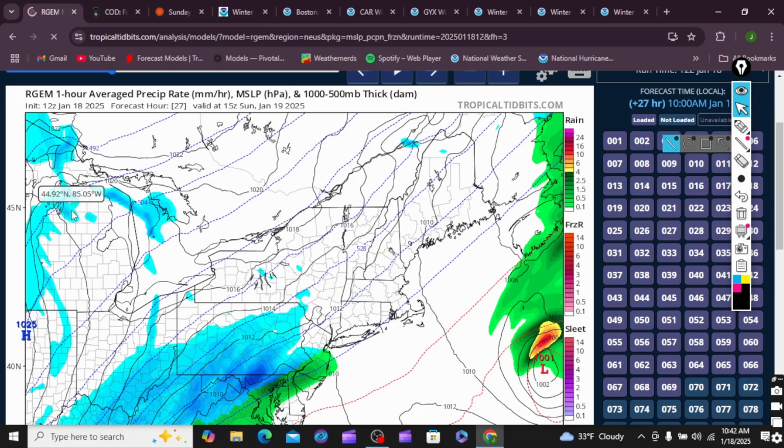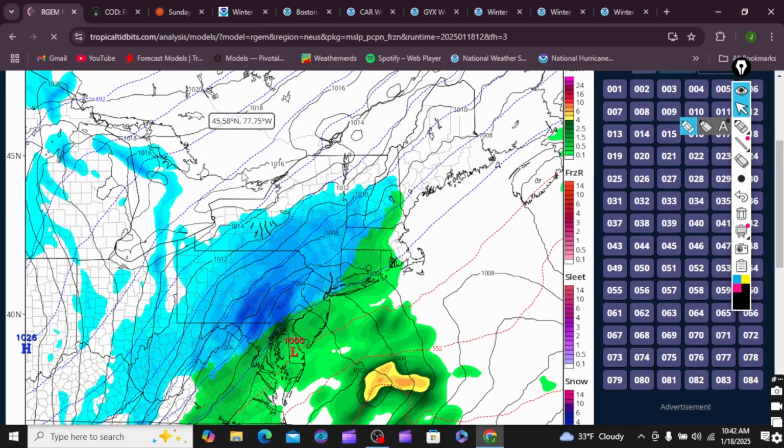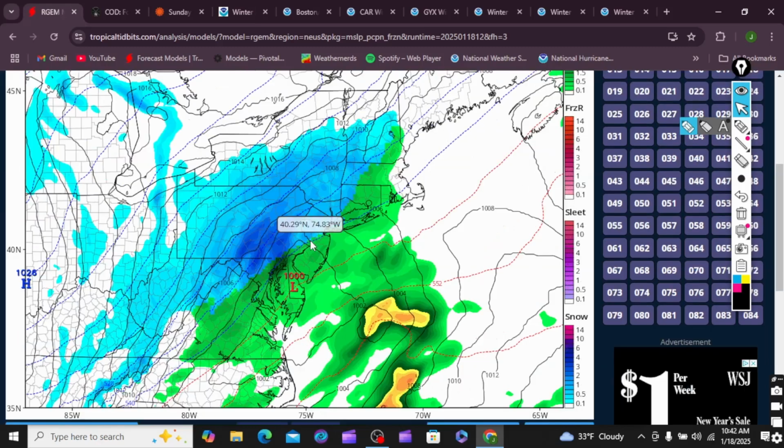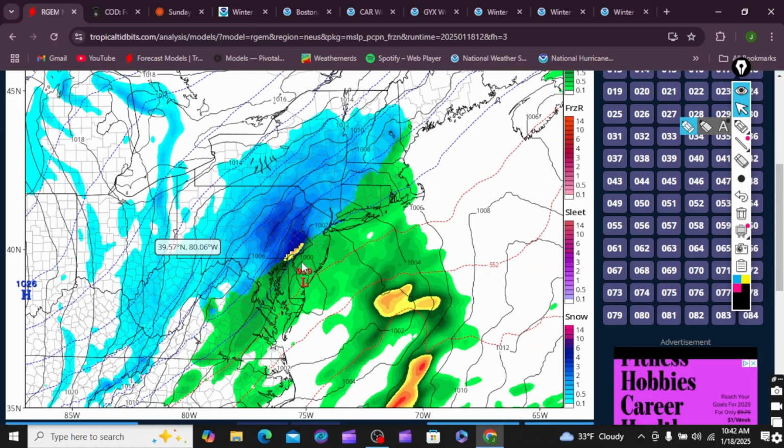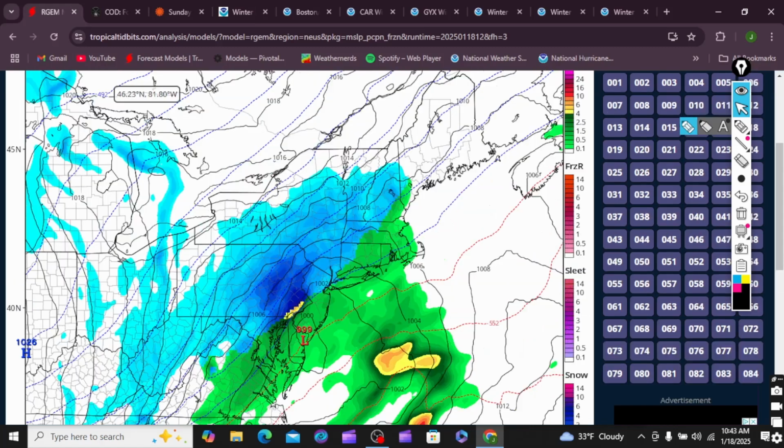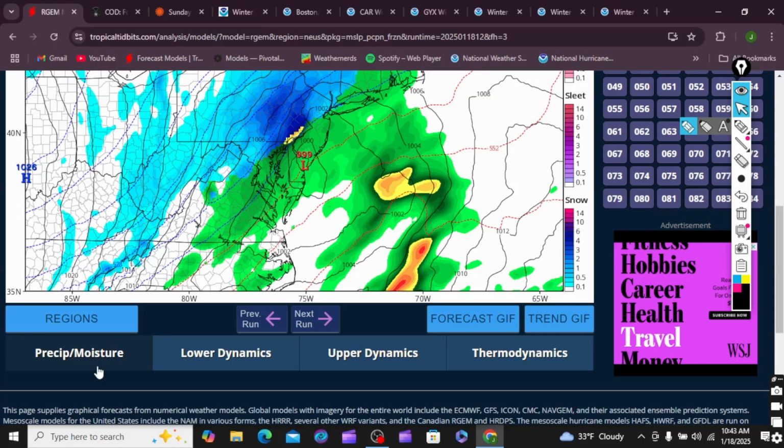11, 12 starting to really snow. 1, 2, 3 o'clock. Once again, you see there's going to be a period where you're going to see some heavy snow. 4 and 5. Boom. Probably one of your heavier snowfalls for eastern Pennsylvania and New Jersey. You will see probably 2 to 3 hours of 2 to 3 inches an hour. That's what it's looking like on a lot of these latest models.